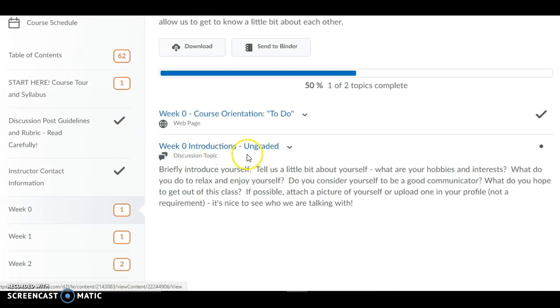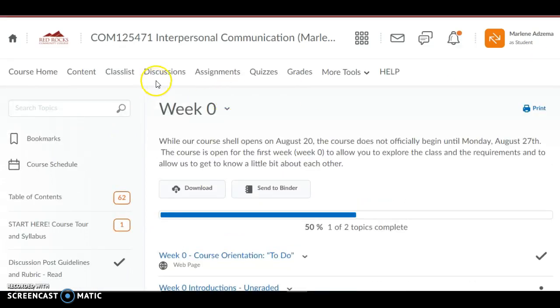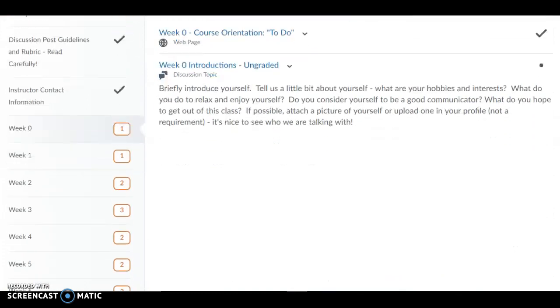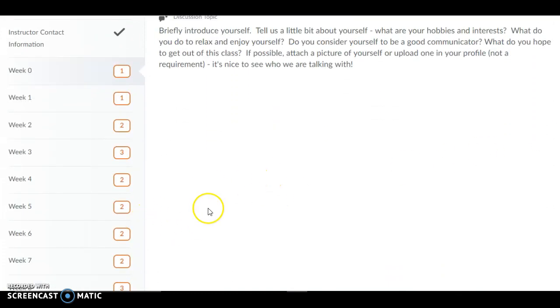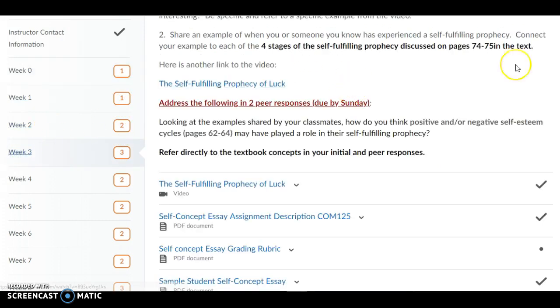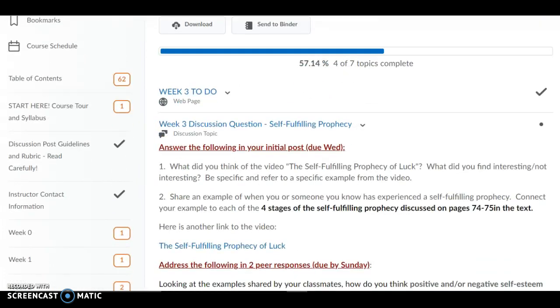and then you can go ahead and post your introduction in here. So you'll see discussions are always linked within the weekly module, and they're also linked at the top up here. You can find them both places, and we'll take a look at that discussions tab in just a moment. When you look at each week, you'll see that there's different links within each week, and so if you'd like to explore the class and see what's happening each week, you can.